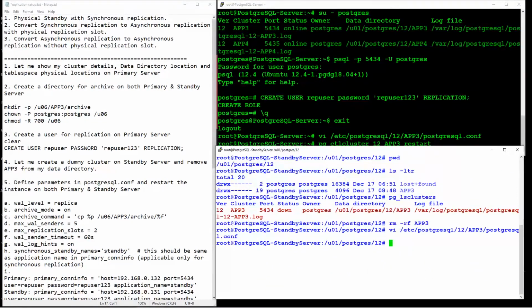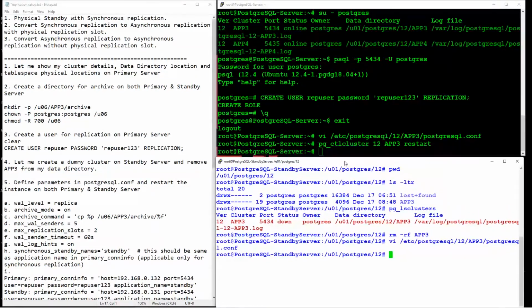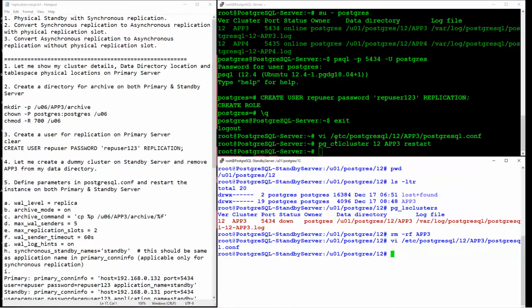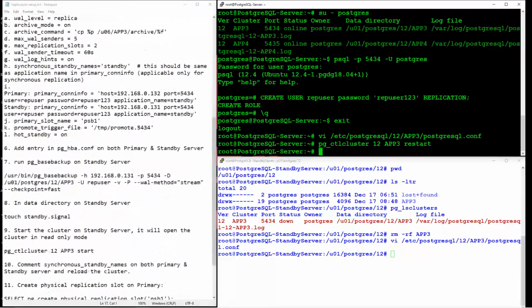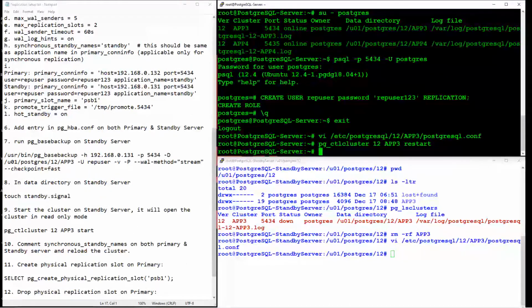I have done all the parameter changes in both my primary and standby servers. Let me drag down. Now this is the step which I need to take care.